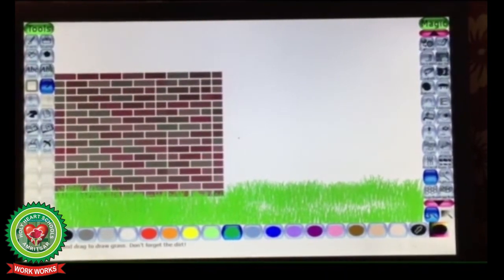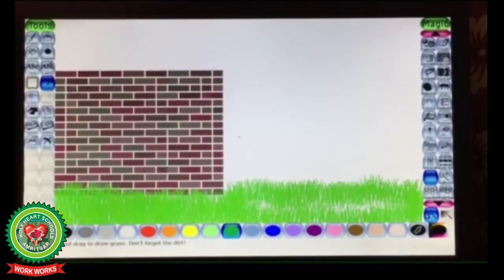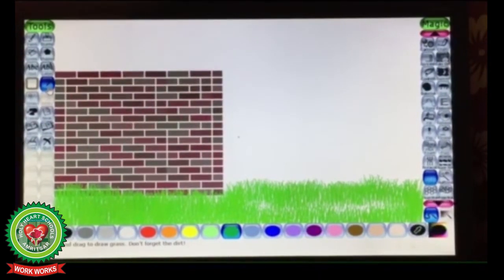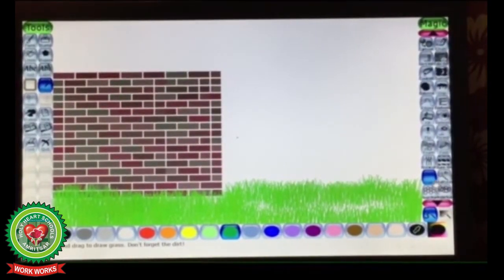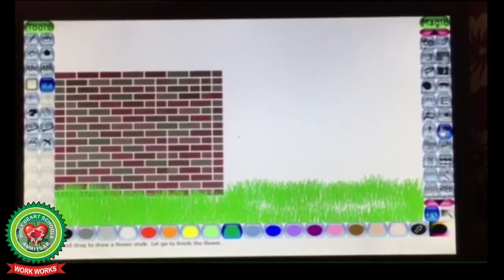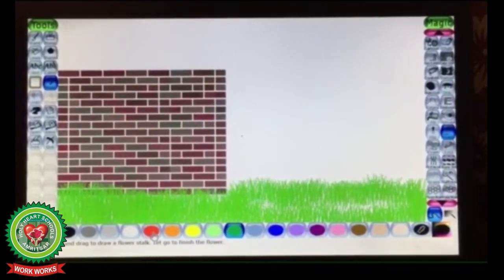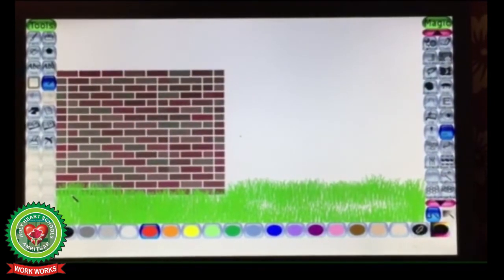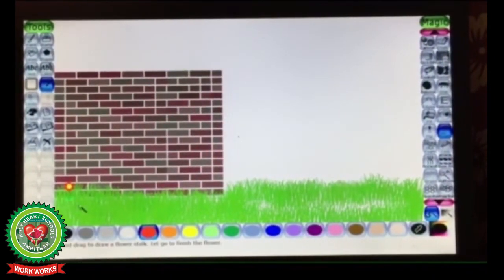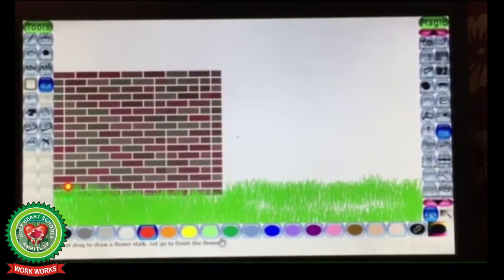Next I am going to use flower tool. So same, under the magic tool, click on flower tool. Choose the color of the flower from the color box and simply click where you want to insert the flower.